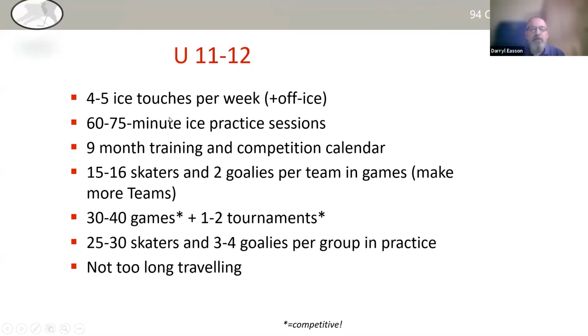This is it. It's not great, but these are pretty much the club I'm working with right now. They have 3 to 4 practices for their U8s, their U10s, and their U12s. They don't have off-ice training. That's something we're trying to work on. But this is what